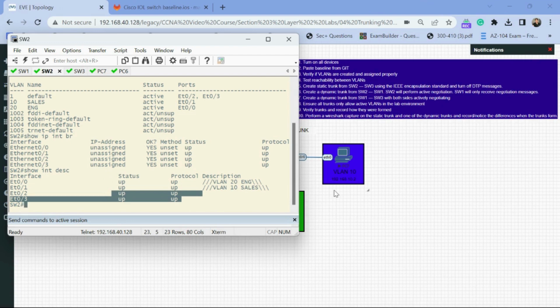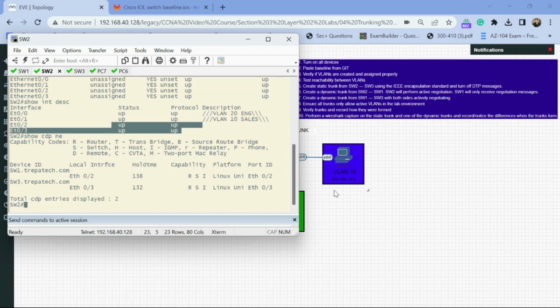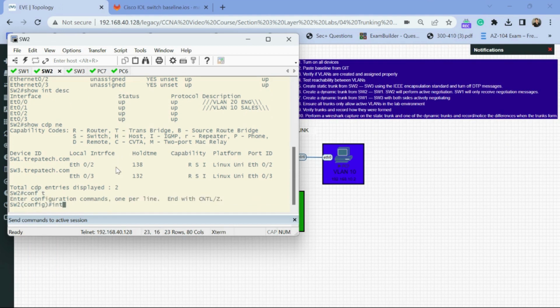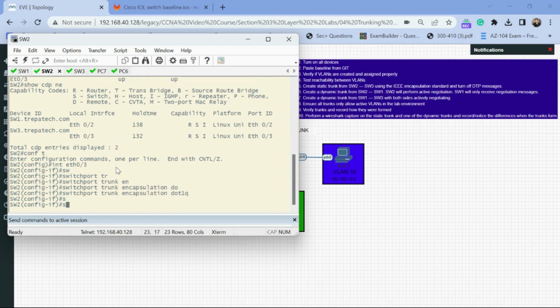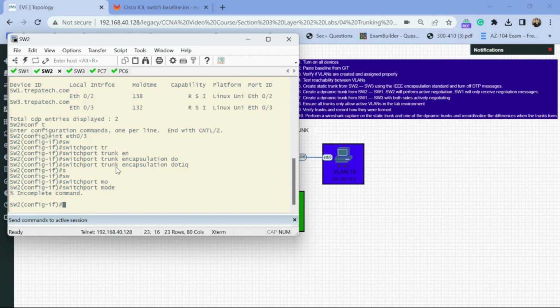You should have network diagrams built in your enterprise, but in my videos, I just like to show you how to kind of navigate it if you're going in blind, right? So I could do show CDP neighbors, and I can see that switch 3 is connected on Ethernet 0/3. So from switch 2 to switch 3, I need a static trunk, and I'm going to turn off DTP messages. So let's do this. The command is going to be interface 0/3, switchport trunk encapsulation dot1q,